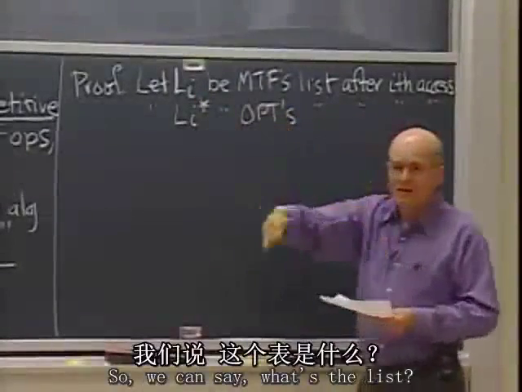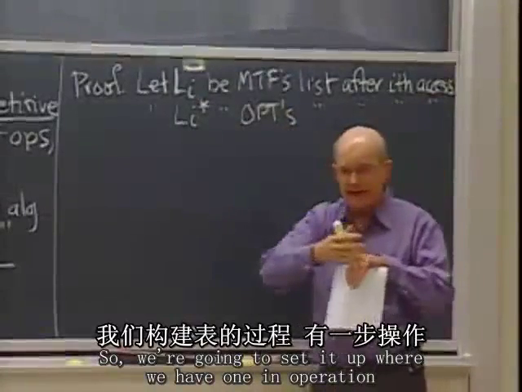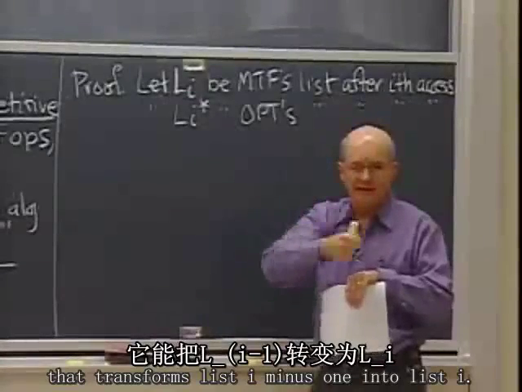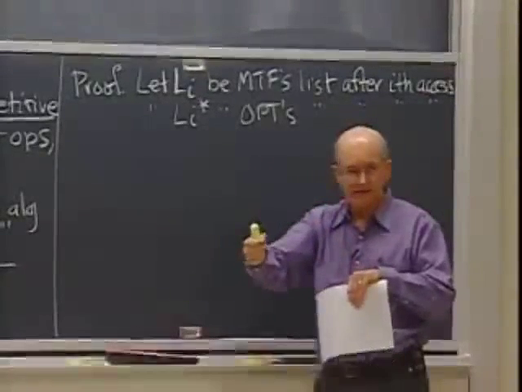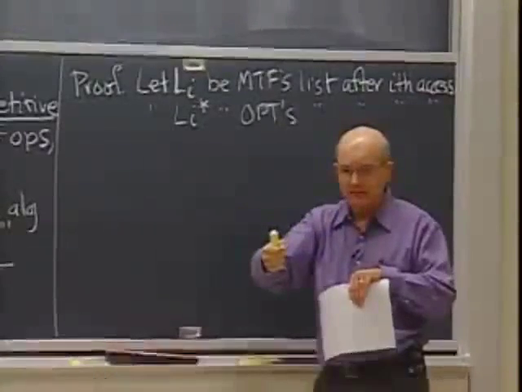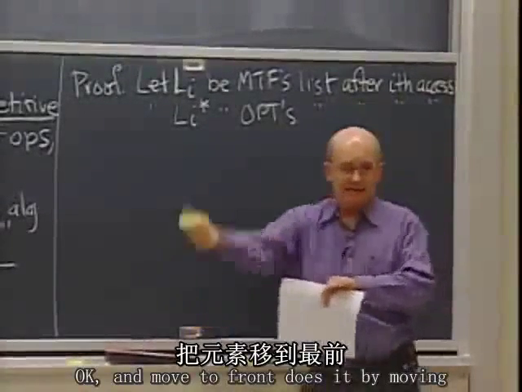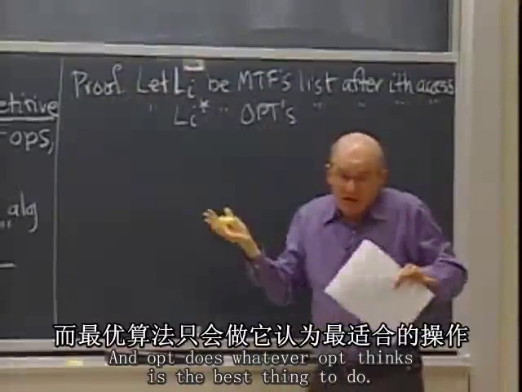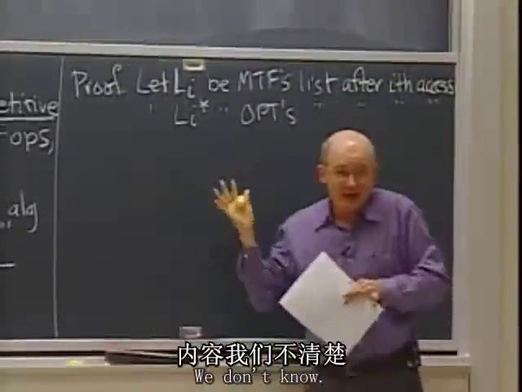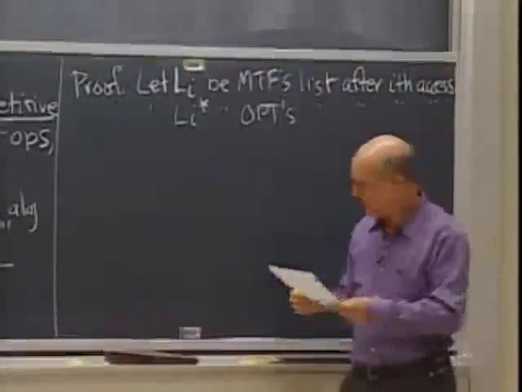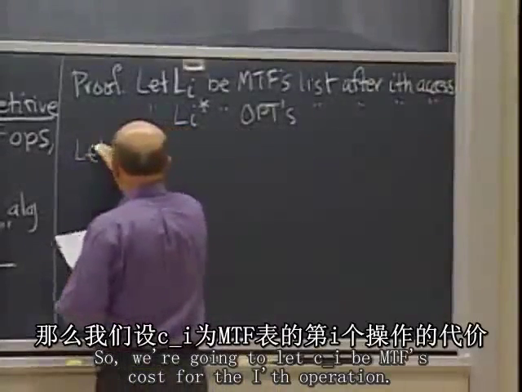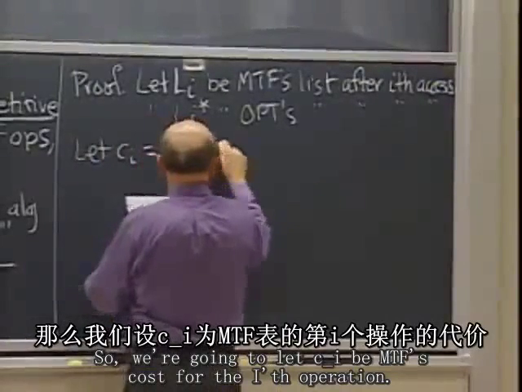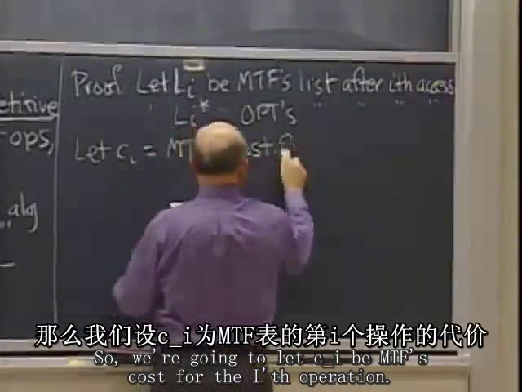So we can say what's the list. So we're going to set it up where we have an operation that transforms list i minus 1 into list i. Okay, that's what the ith operation does. Okay, and move to front does it by moving whatever the thing that was accessed to the front. And OPT does whatever OPT thinks is the best thing to do. We don't know. Okay? So we're going to let C sub i be MTF's cost for the ith